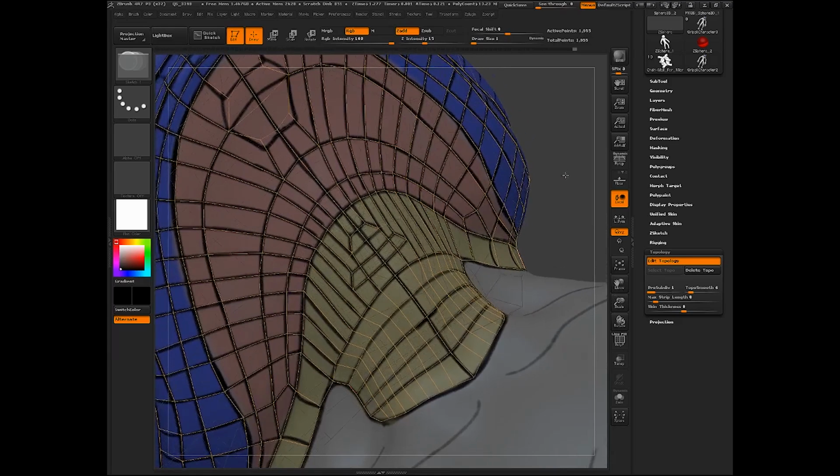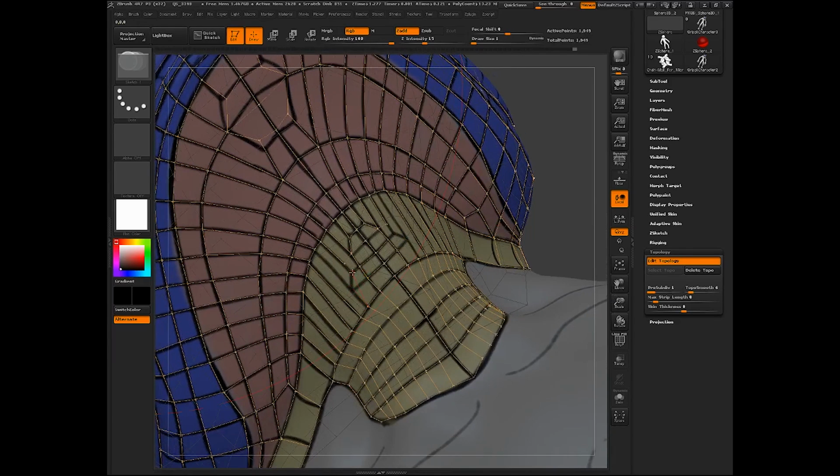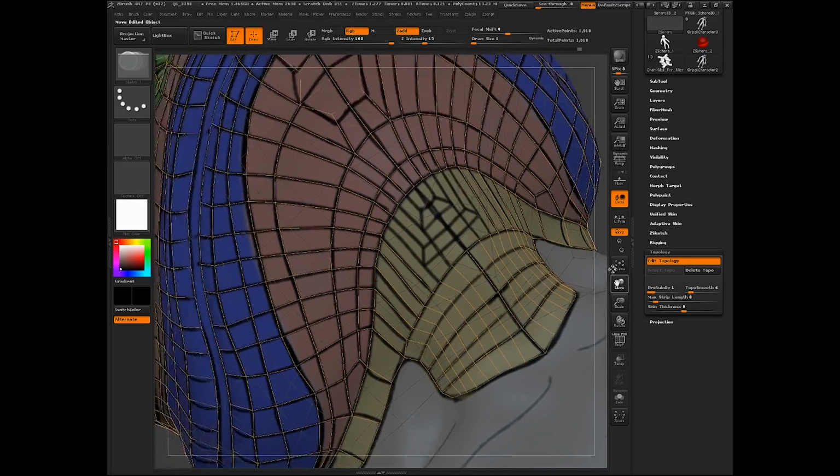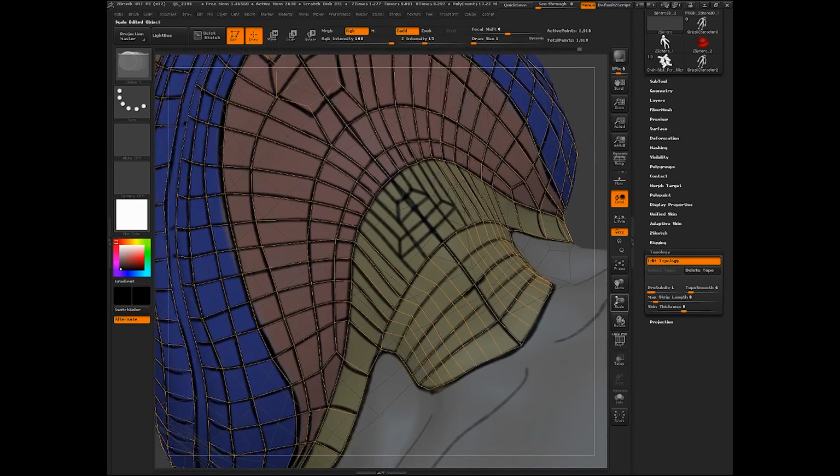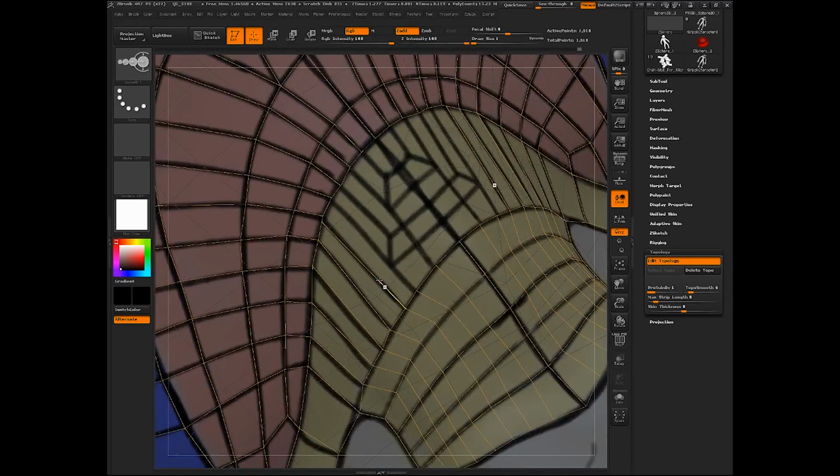All right, so I'm going to delete all these points in here. I'm just not happy with them. I don't like the way that I dealt with that. So what I'm going to do is, you can add points to an edge. So if you click on and hold down shift and you click on an edge, you can add points. Let's do that again. I apologize, you don't have to hold down shift, just click on the edge and you can add points to that edge.